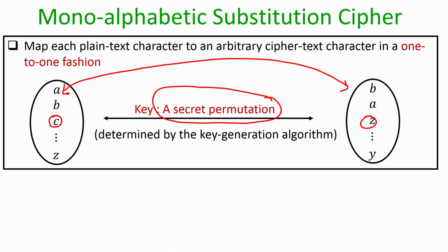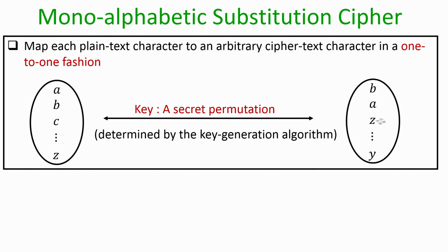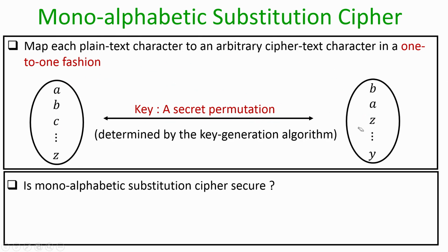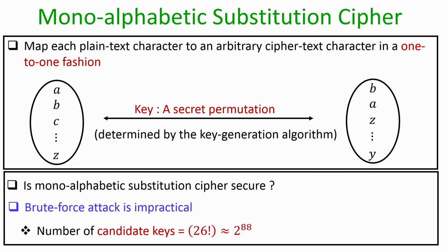Wherever it is seeing the ciphertext character Z, it has to replace it with C, and so on. So, the decryption operation can be performed by the receiver. Now, you can see the candidate key space here is extremely large, namely the set of possible keys is 26 factorial, because each key is nothing but a permutation of the set A to Z, and there could be 26 factorial such candidate keys.